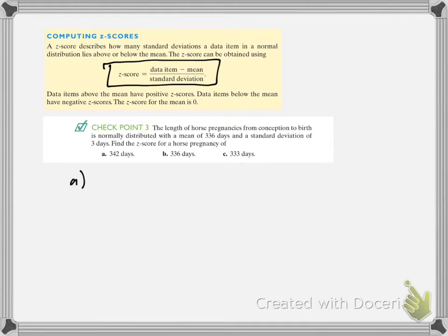So for part A, the z for 342, okay, we put a little subscript there, is equal to the data item, which is 342, minus the mean, which is 336, they give us in the problem right there, divided by the standard deviation, which they tell me is 3 days. Okay, 342 minus 336 is 6. So this is 2. So if I go back to my distribution,